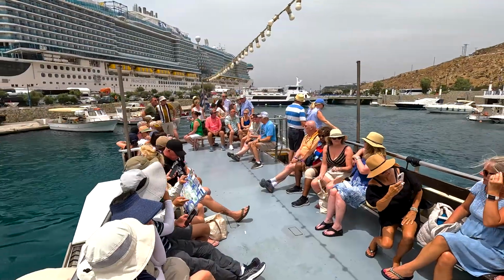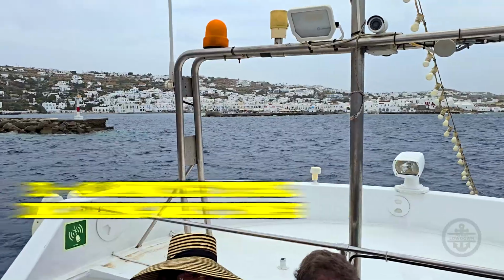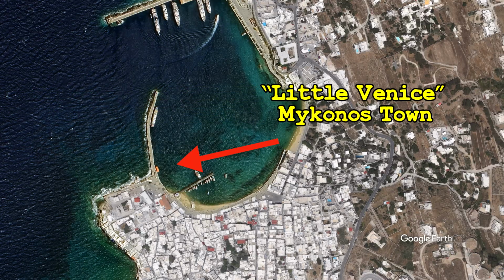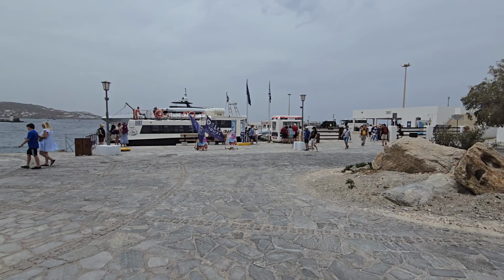The whole trip took about 10-15 minutes. Adding wait times, I'd say about 30 to 40 minutes total. You pull into town at the north end in an area known as Little Venice, called Mykonos town on the schedule. The water taxis also run to Old Port, which is where buses meet,